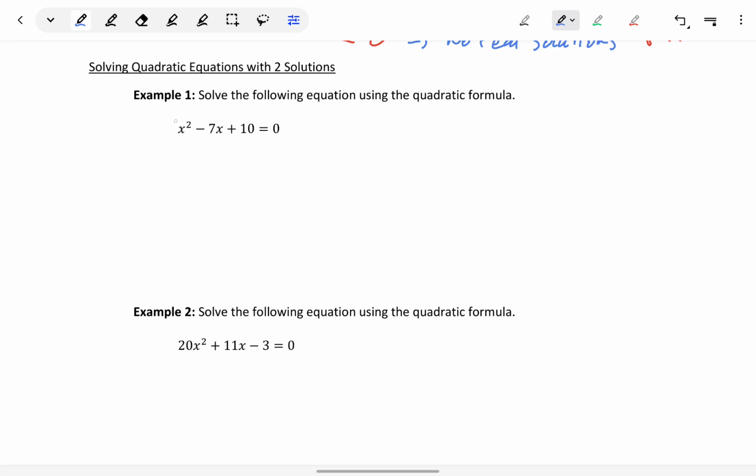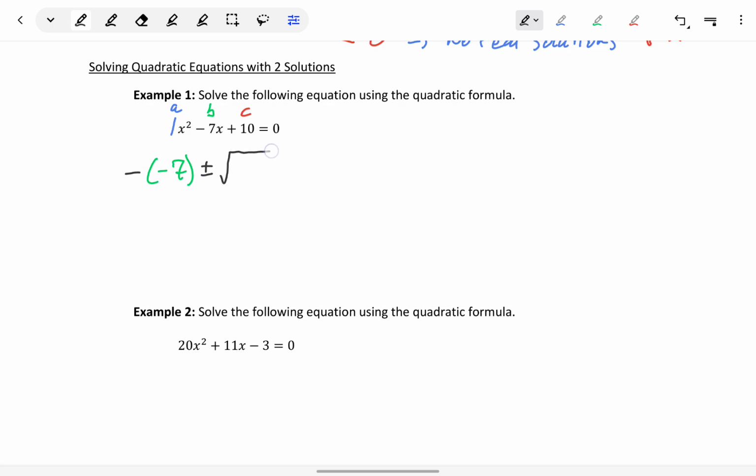The coefficient in front of our x squared term is always our value for a. The coefficient in front of our x term is our value for b, and the constant, or that third term, that coefficient will be equal to c as we plug those values into the quadratic formula. That means our result here will be the opposite of negative 7, since that's our value for b,